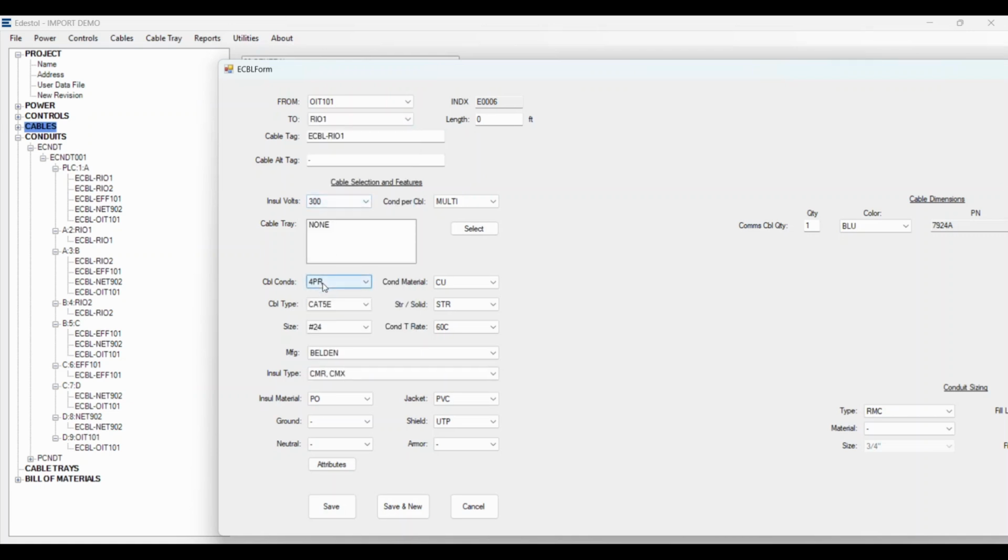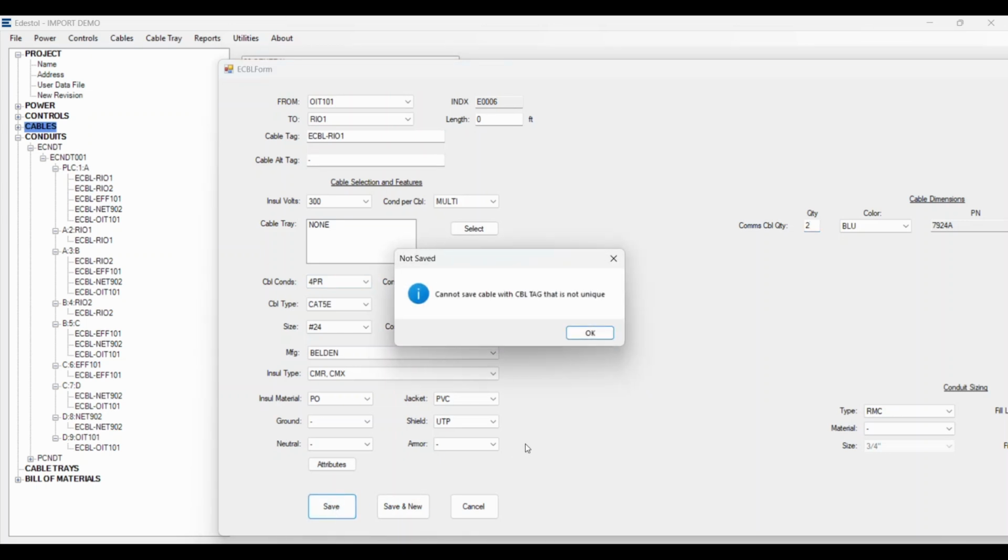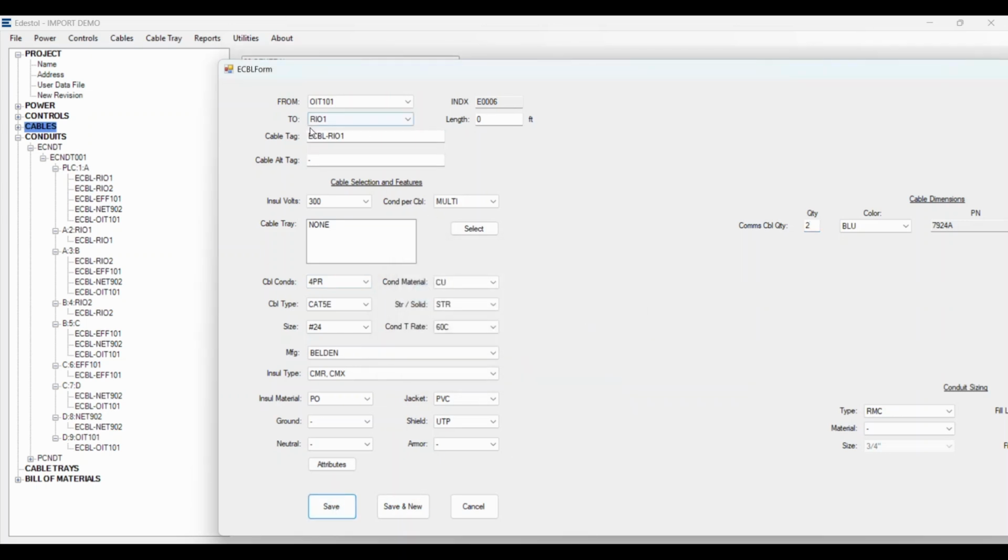Okay, and it's going to be 4 pair, and we're going to do 2 quantities of unshielded twisted pair, Cat 5e, 4 pair. There you go. So I've created this, and it automatically said your to address is assigned to E cable, and that's your cable tag. Well, in this case,